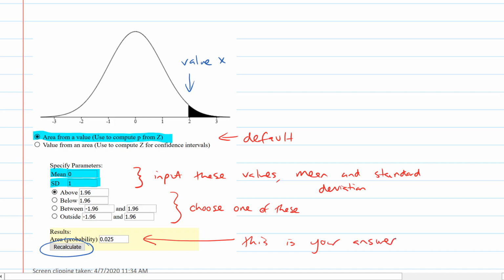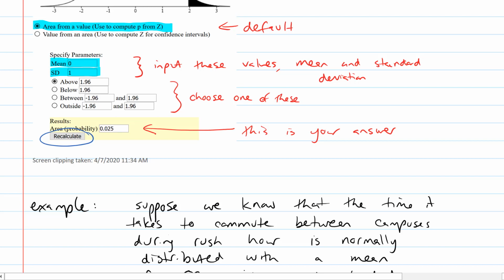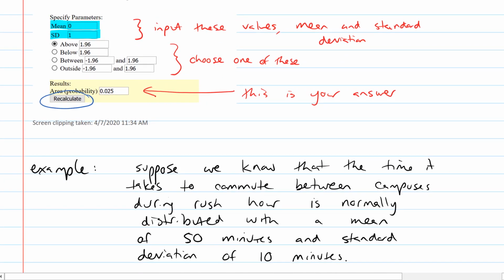So let's go ahead and do an example so we can see how this works. So here is our example. Suppose we know that the time it takes to commute between campuses, so Lansdowne and Interurban, during rush hour is normally distributed. And we should highlight that because you have to know that it is normally distributed variable in order to use this table. And fortunately, from the student perspective, there's just not a lot of different ways that we can say this. I just generally say that it's normally distributed, so it's nice and obvious. And we've got a mean of 50 minutes and a standard deviation